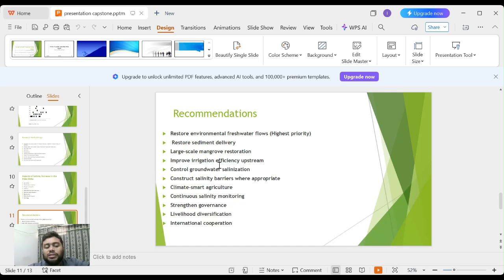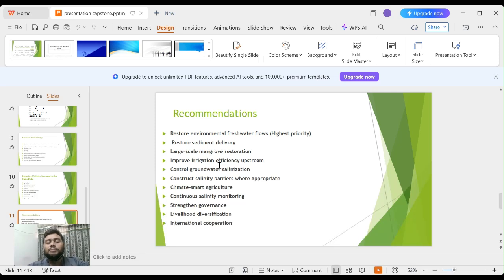Land elevation will be higher. As elevation will be higher, seawater will intrude less, there will be less coastal erosion, and there will be increased resistance to sea level rise. Having large-scale mangrove restoration is very important as this is a natural bioshield against salinity. We have to expand mangrove plantation using native species, protect existing forest from illegal cutting, and encourage community-based mangrove management. The benefits will include reducing seawater intrusion, stabilizing coastlines, improving fish nursery and habitats, and increasing carbon